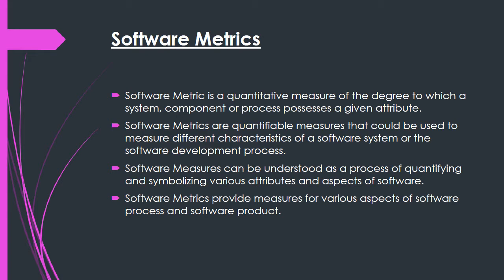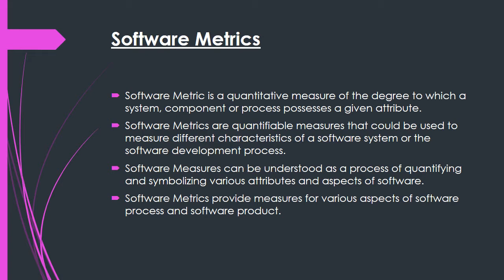Software metric is a quantitative measure of the degree to which a system or component or process possesses a given attribute. And these software metrics are quantifiable measures that could be used to measure different characteristics of a software system or the software development process. That means these software metrics are used to measure different characteristics that a particular software system possesses, or different properties of the software development process. And these are used for many reasons, because they help in measuring the software performance,